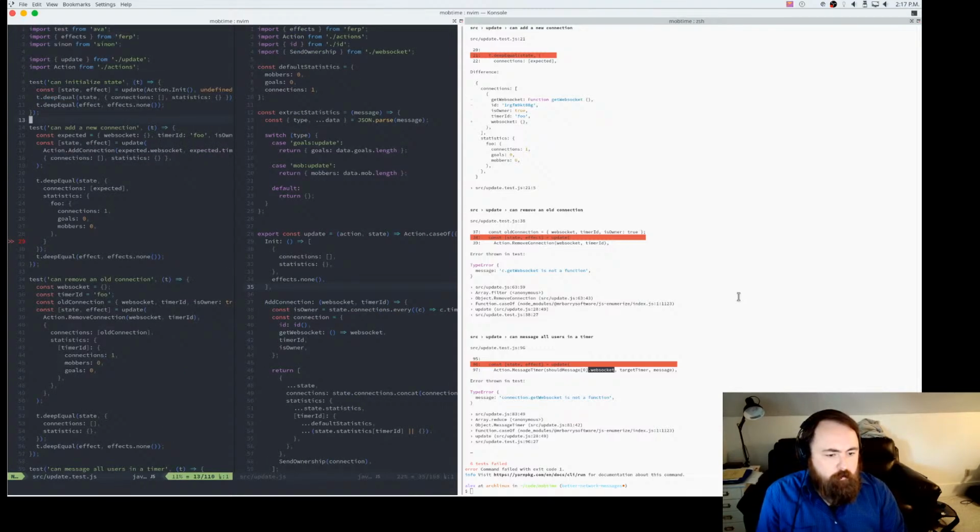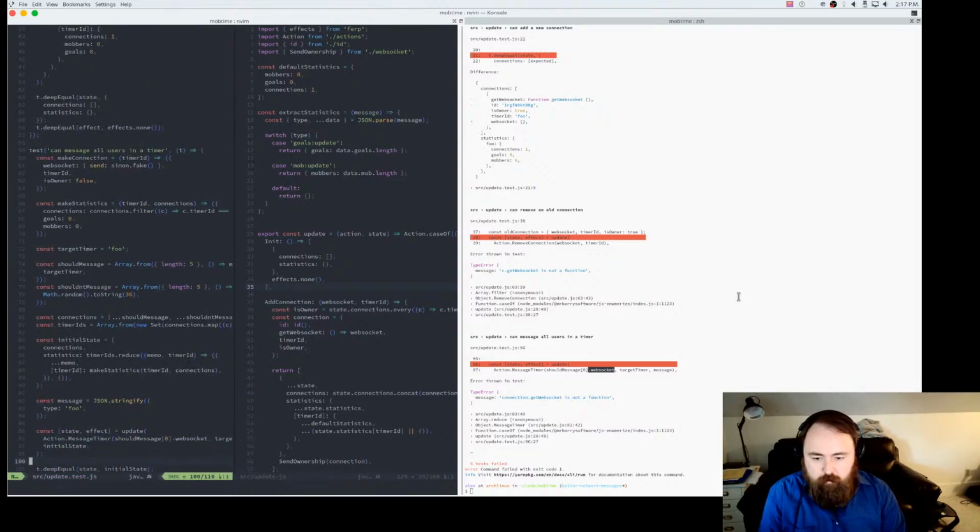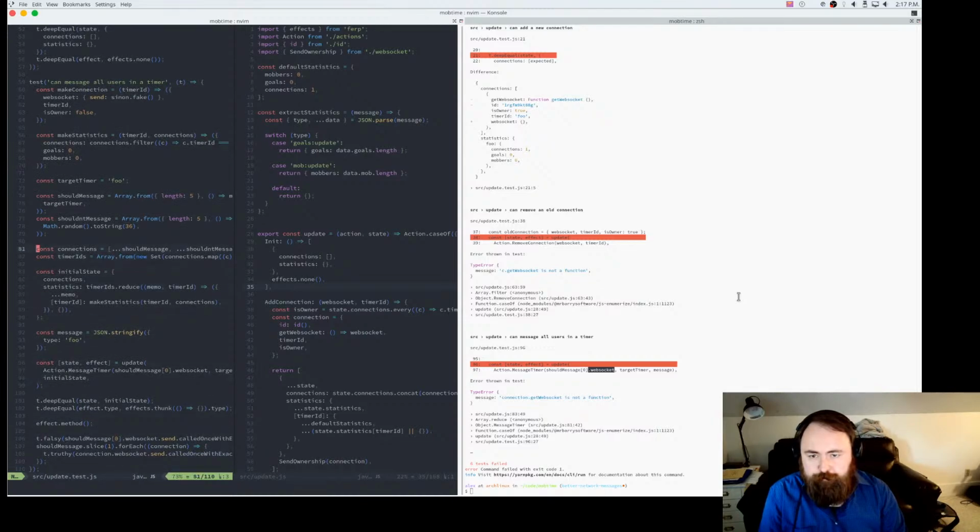So on regular update, we're going to go down to line 96. We're also going to fix a linting error, because you've got to get that code quality up. So, it can message all users in a timer. We have some things that make a fake connection, and that's actually outdated now because of this code.